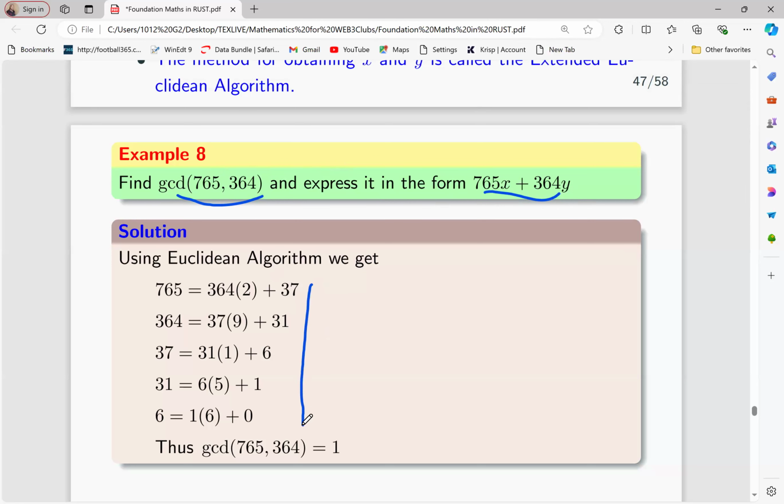We are beginning with the Euclidean algorithm. This is the Euclidean algorithm that gives us the GCD. And so we say, how many times does this number go here? It goes there twice, and the remainder will be that. But what about this number into